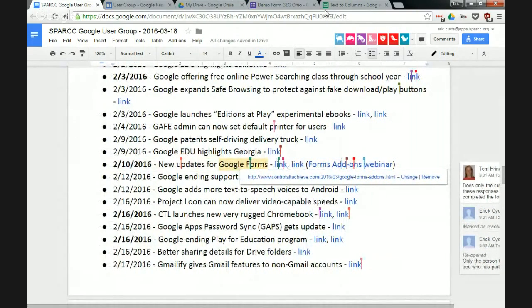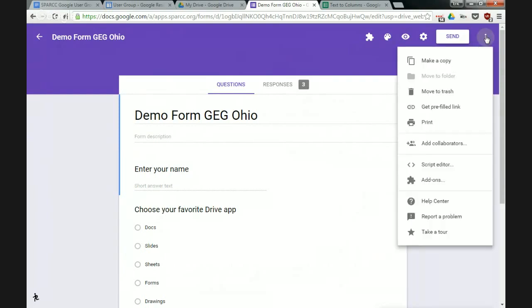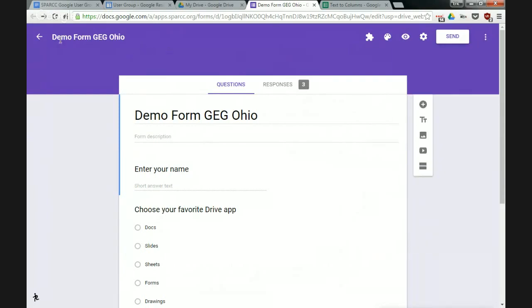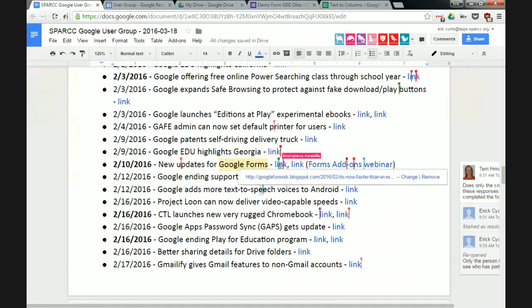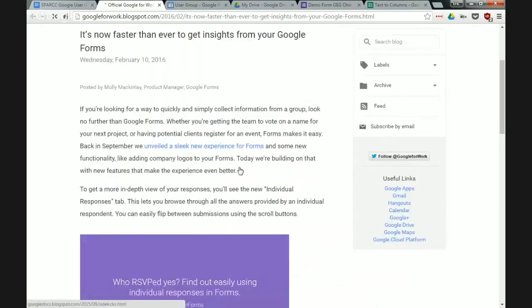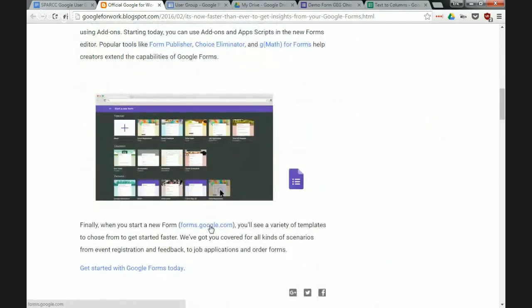Excellent. Anything else on? Oh, I did forget to mention they have added templates also for Forms. I did forget about that. Google Forms now also has templates like docs and sheets and slides have templates as well. For that, I think I have to get to my normal Forms screen to get to my templates. There we go. If you go to forms.google.com,